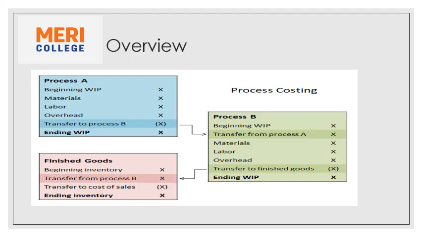I'll give you a brief overview. As you can see, in process costing, we have different processes during the production. So we have, let's say, process 1 in the beginning, where we put some material. Then we'll have some work in progress. We have certain expenditure of labor and overheads. Then whatever will be the outcome is not the finished product. That will be transferred to the process B.